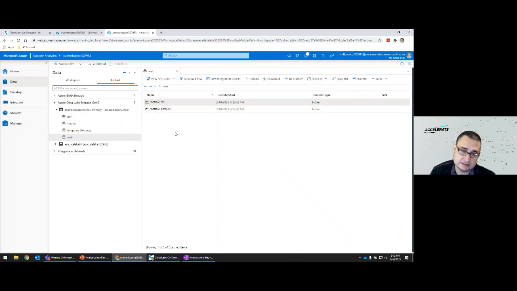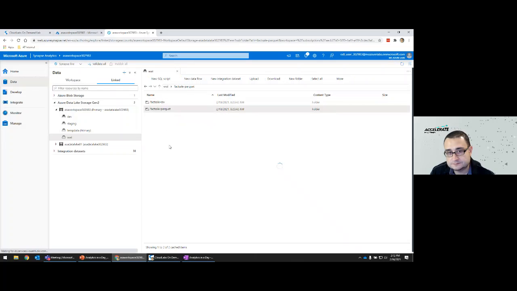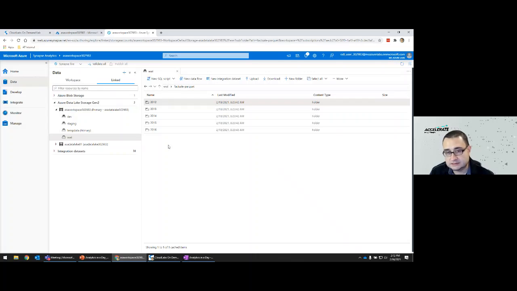What that means is that we have 2 folders with the exact same information. One is in CSV format, the other one is in Parquet format. So we're going to work today with the Parquet files. We're going to double click on that folder, and it will show us the subfolders within that main folder.